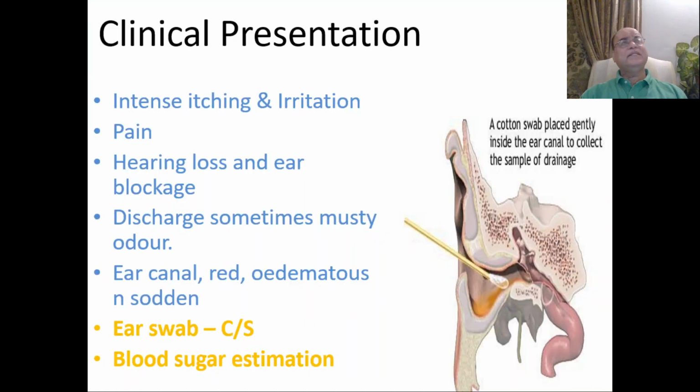So the patient will present with intense itching and irritation in the ear. He would not resist this itching, and whatever comes in his hands, he will try to put it inside the external auditory canal. And these may be keys, these may be fingernails, these may be Q-tips. It can be anything which can be inserted inside the external auditory canal to stop this itching or irritation. Patient will do that, and